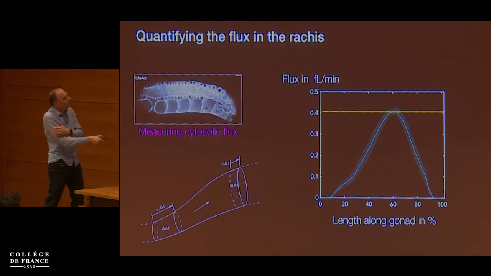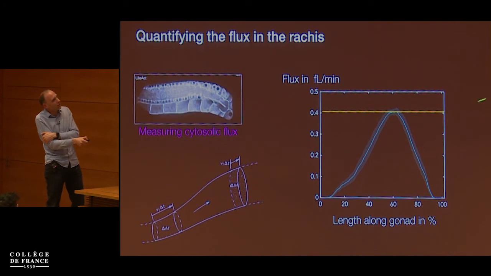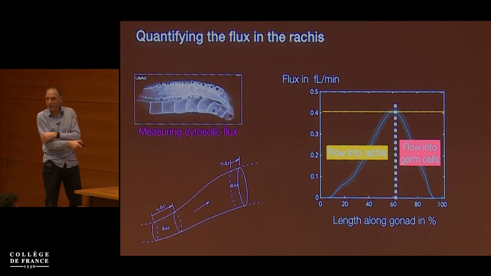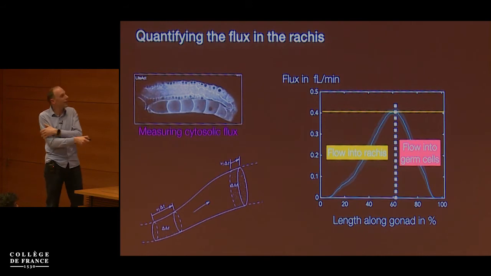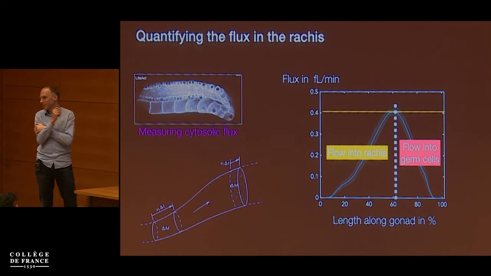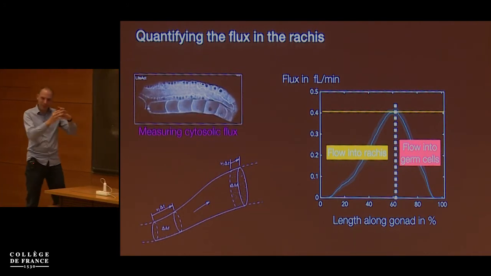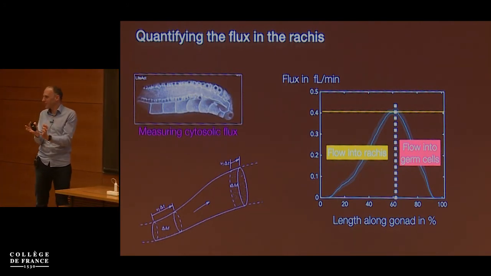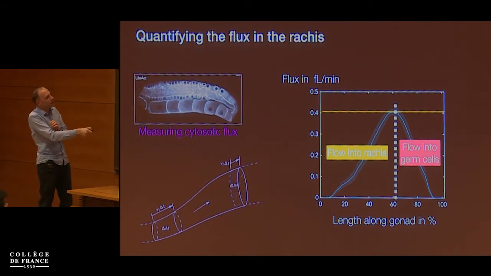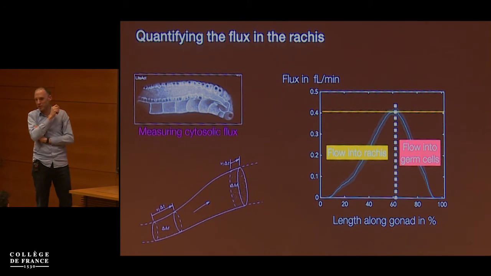Here the flux is not constant. That means that prior to the peak, there are flows from the germ cells into the rachis, and after the peak, this flow inverts sign, and the fluid now flows from the rachis into the germ cells. This is great because it's a tube in a tube. There's nothing to discuss here. Where else should the fluid be coming from except from the outside? It must be coming from the germ cells, and it must be going into the germ cells after the peak.